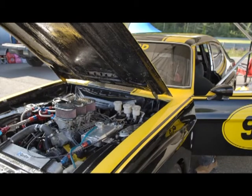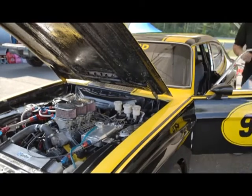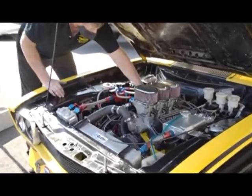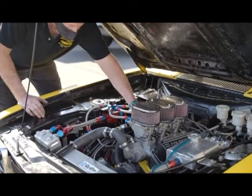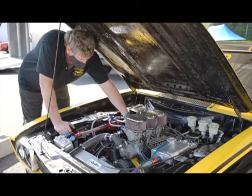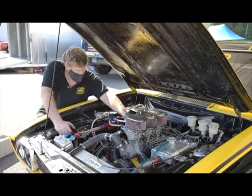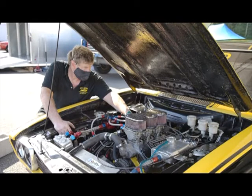And yes, we could not wait to hear the car run. Peter was non-stop, just going over everything with the car. Believe me, I can't wait for race day. When you look at this car, it looks like a brand new car. I mean, it's just absolutely beautiful. And there they are tinkering around with the carburetors, and I can't wait to see this car out on the racetrack. I have a feeling that we're in for a surprise to see how quick this car gets around